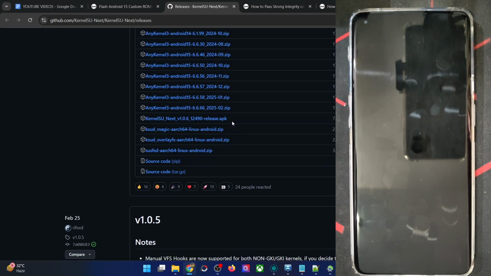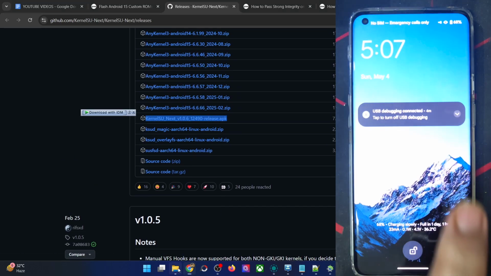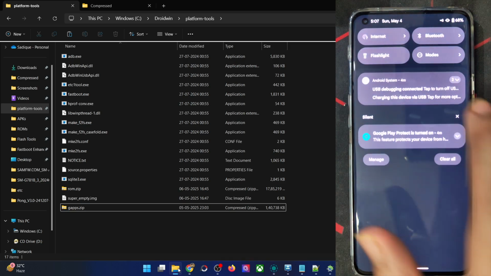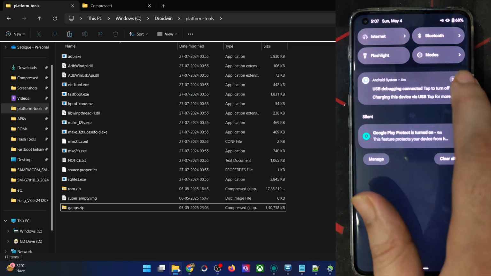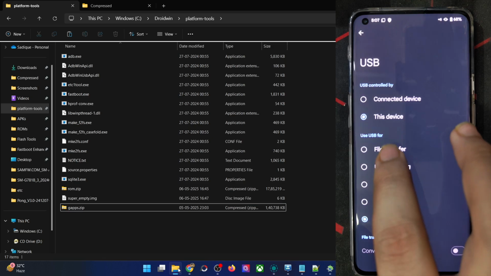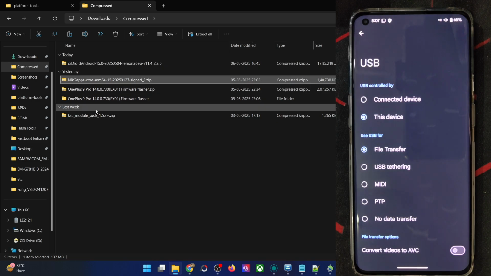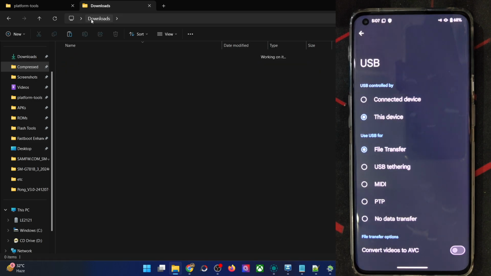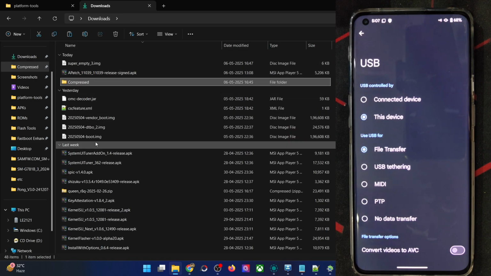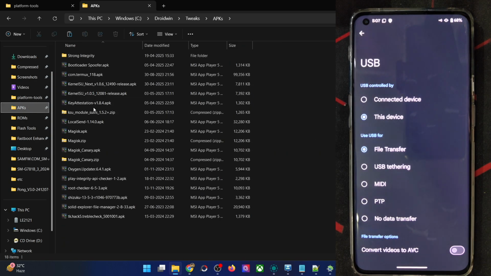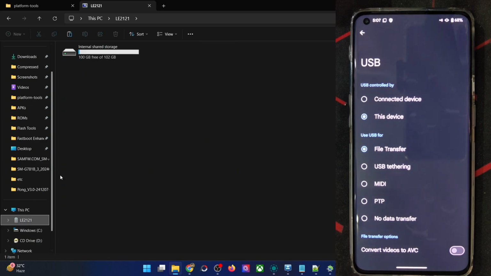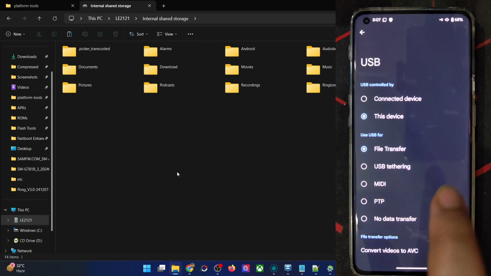Get hold of the APK file and then transfer the APK file onto your phone. And then we will also verify if this supports SUFS or not. But first, let's at least install the KernelSU Next app onto our phone. So file transfer is enabled. This is the KernelSU APK file, should be somewhere here. Just give me a second. Okay, in the APK section, the KernelSU Next, this is the APK. Transfer the APK file onto your phone, then install the APK as well.